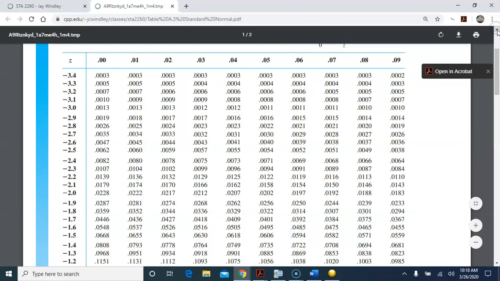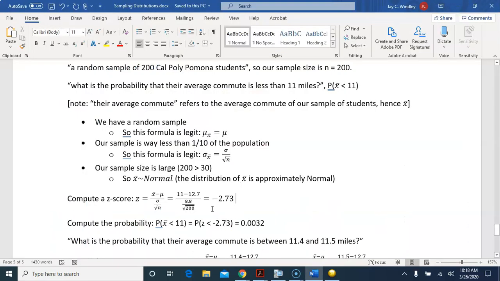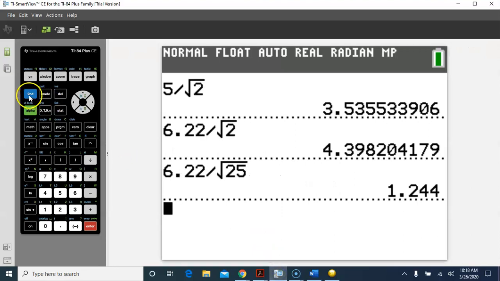The probability of a z-score less than negative 2.73 is this entry right here, .0032. So there's our probability of .0032. Or if you're using the calculator instead of a table, you can say